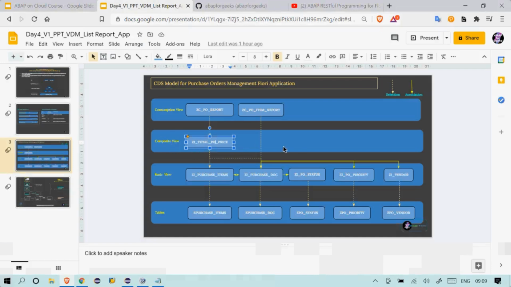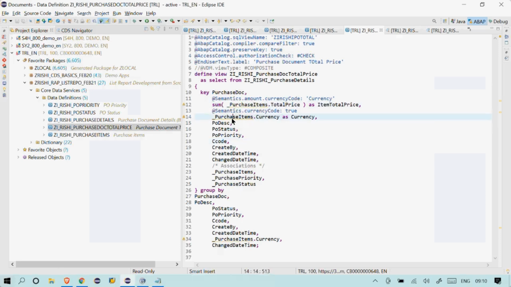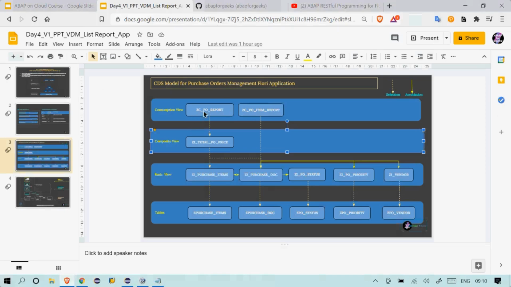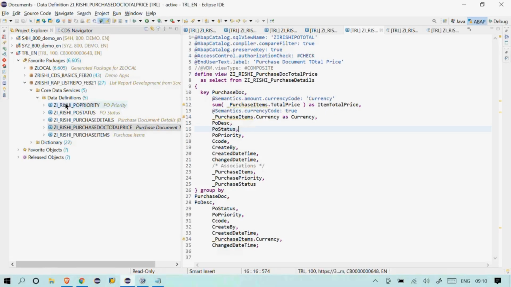Okay, if you look at the database model, we are done with the composite view as well. Why? Because we are fetching the information from other CDS view also via association. So it involves more than one table, right? So it fetches the information from my GCDS receipt purchase details and as well item data as well. So we are performing an aggregation to display the item total price within this one. So the final one we need to do is we have to create a consumption view on top of these two so that we can reuse. Okay, we can add annotations to the consumption view itself. So let's create that one as well.